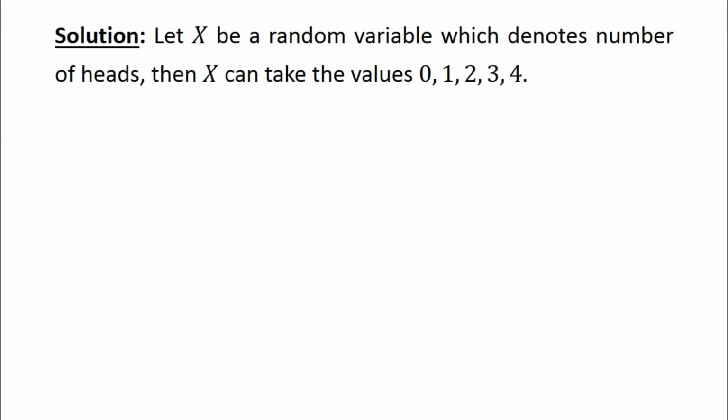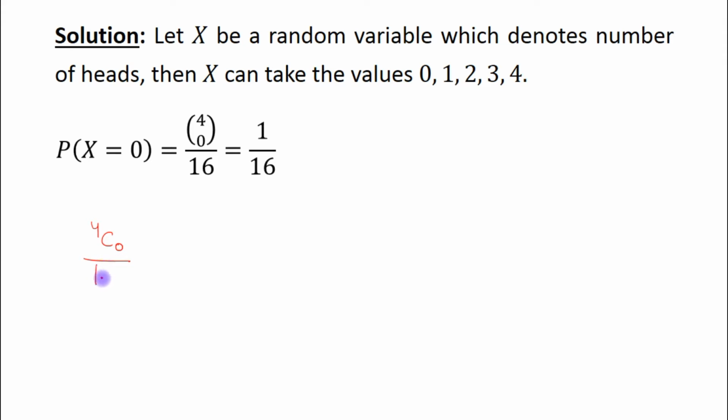Solution. Let X be a random variable which denotes the number of heads. Then X can take the values 0, 1, 2, 3 or 4. Because if we are tossing a coin 4 times, then the number of heads may be 0 or it may be 1, 2, 3 or 4. Now we will calculate the probabilities of all these outcomes. So the first one is P(X = 0), that means probability of getting 0 heads, which will be equal to